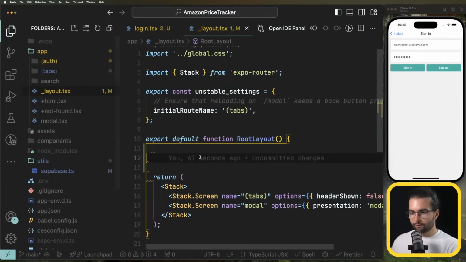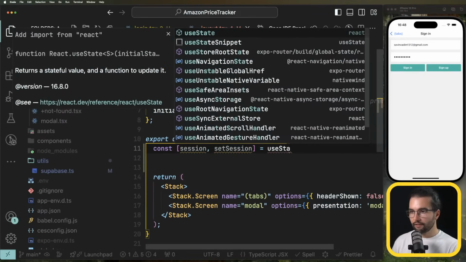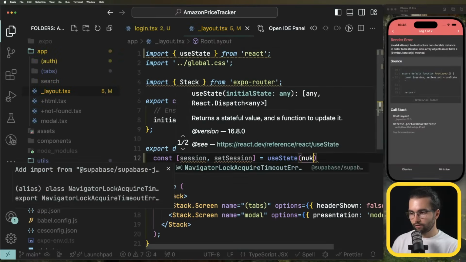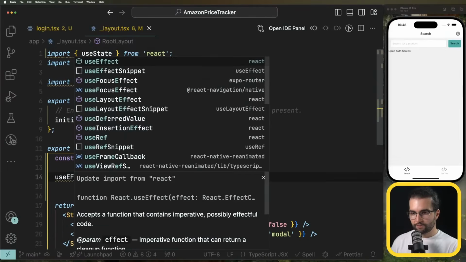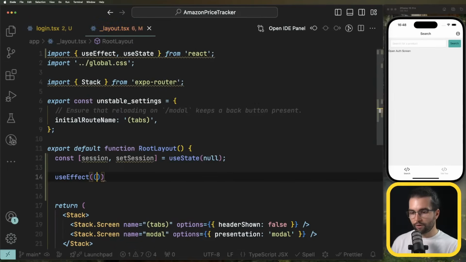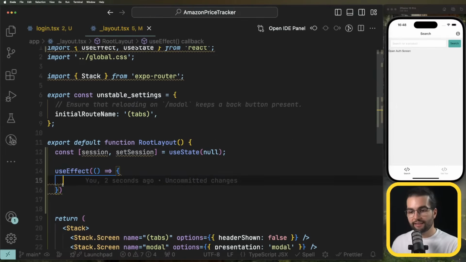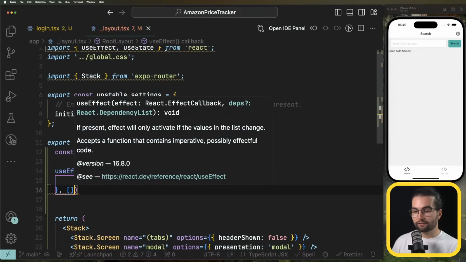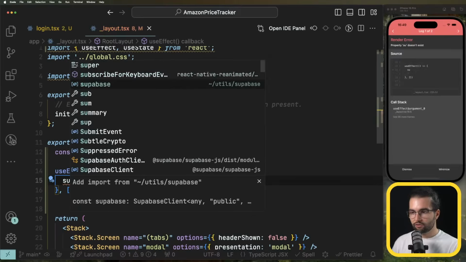So on the layout, I'm going to say, hey, I'll keep track of a session. useState is going to be null. And let's do useEffect. In a useEffect, when we mount our component, and mind that we are in the root layout, that means that this useEffect is going to run when we launch the application. So what I'm going to do here is I'm going to say, hey, using Supabase client,